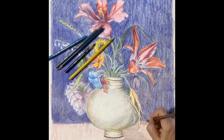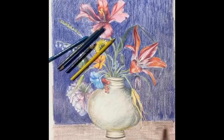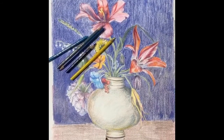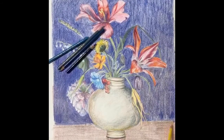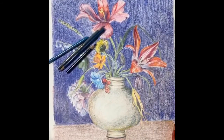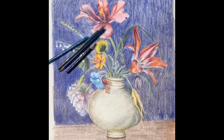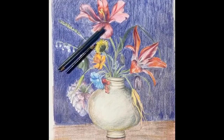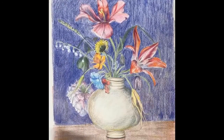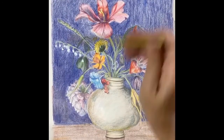When you're making the table, the colors that you can use are yellow ochre, you can use red, you can use orange, but in the center don't make it very dark because we want to see the reflection of the vase on top of the table. Try to make a gesture of the shape, the pattern that we have of the flower on the table,